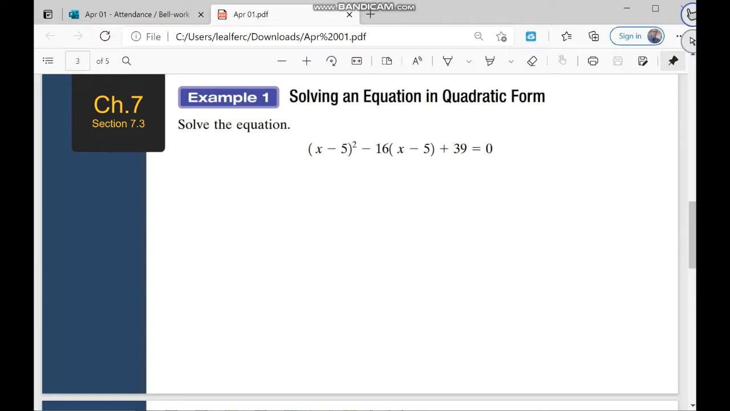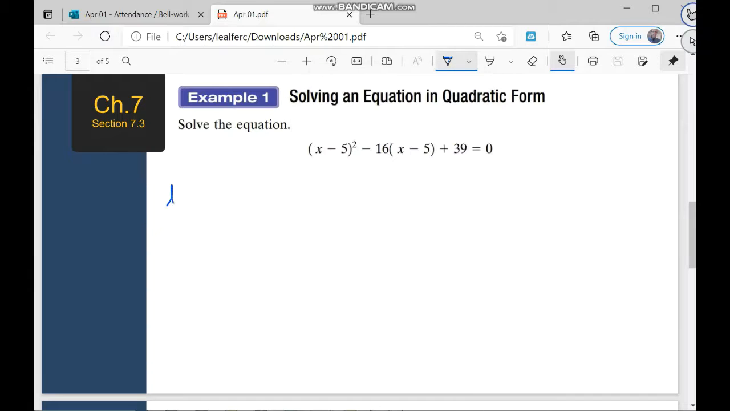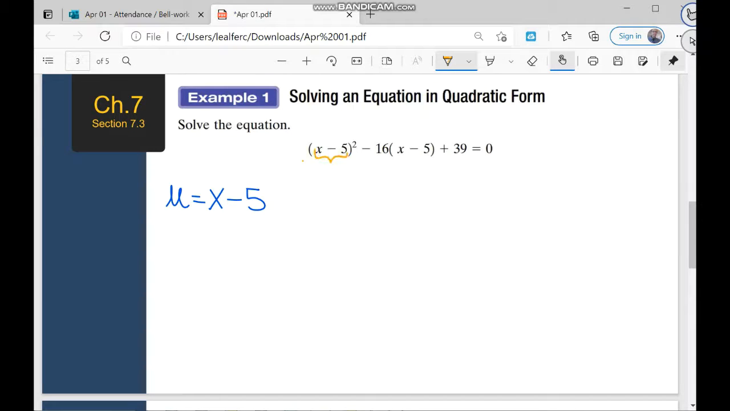Let's use the same example. This x minus 5 squared minus 16 times x minus 5 plus 39. We will use u as a variable, which is equal to x minus 5, right? And we're gonna substitute x minus 5 by